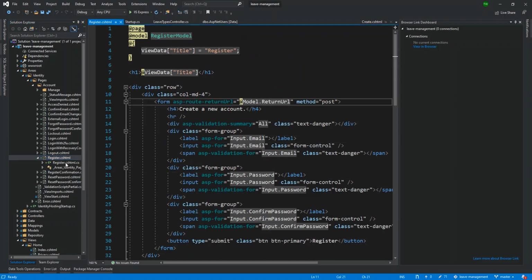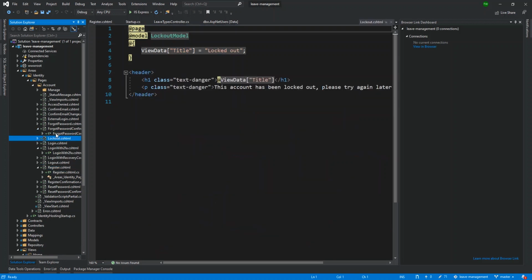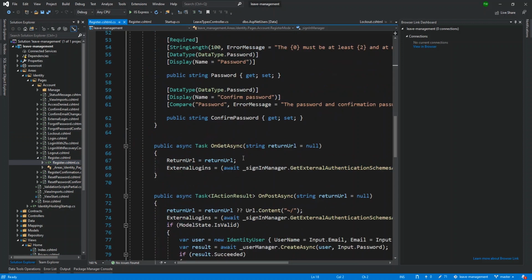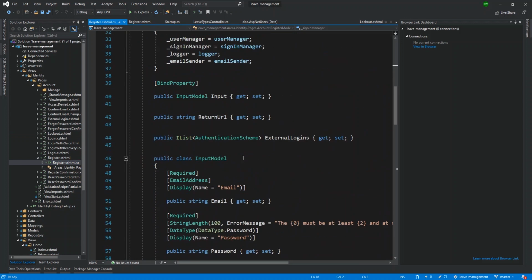But in this situation, this view, which is the same HTML front end and Razor front end, actually has a C# file underneath it. So when I expand any one of these pages that was generated, you see that there is a C# file underneath it. So if I go into the register.cshtml.cs, then I'm going to start seeing code that would kind of look like what we've been doing between our models,